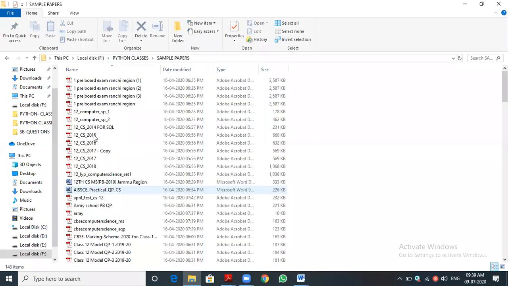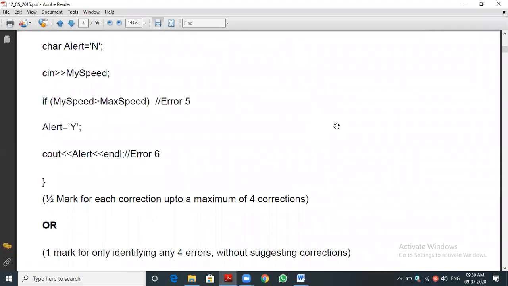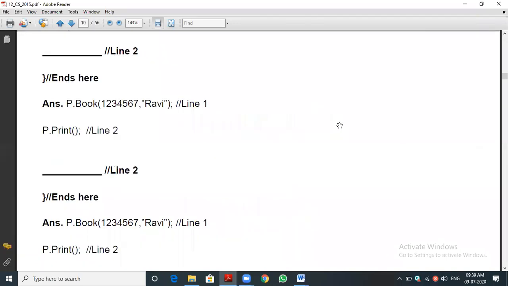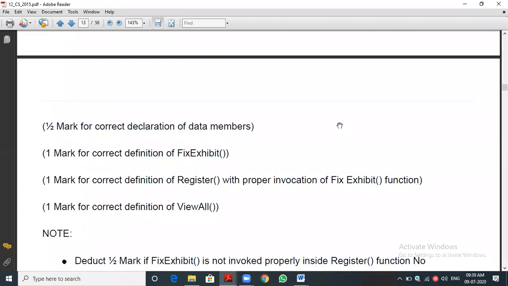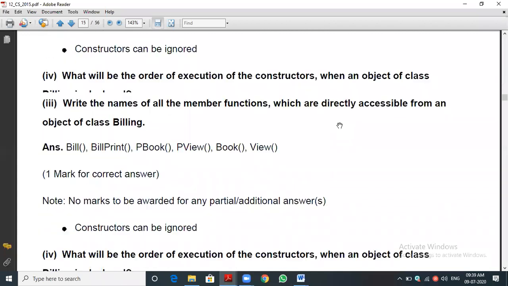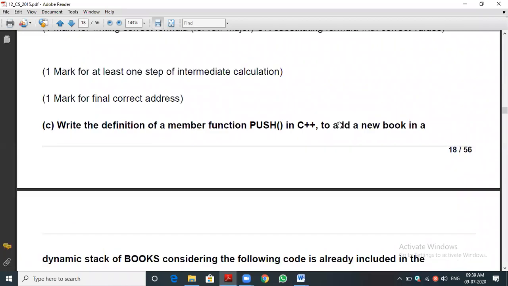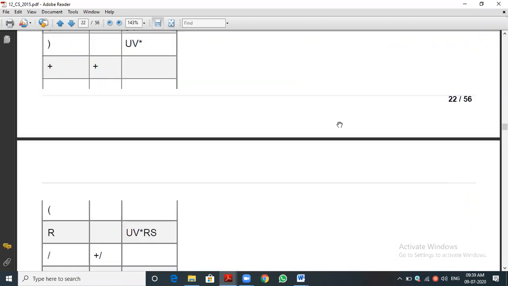Randomly, I will pick one 2015 question paper. I think it is not Python. I'm so sorry, it is C++. We will check later whether Python is there or not. One minute.